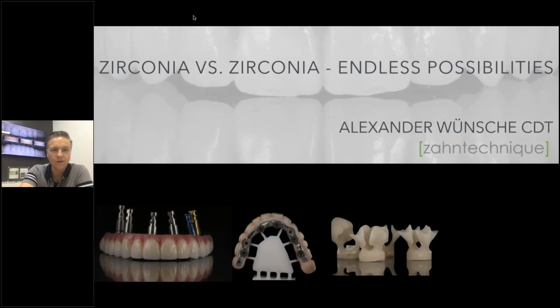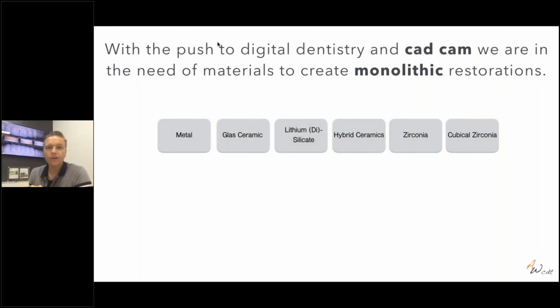I would like to talk today about the Zolid HT Plus mainly. We'll also roughly go around different Zirconia options, workflows, digital designs, and all the options we have on a daily basis. I want to start with digital dentistry, and when we utilize Zolid HT Plus, we definitely have